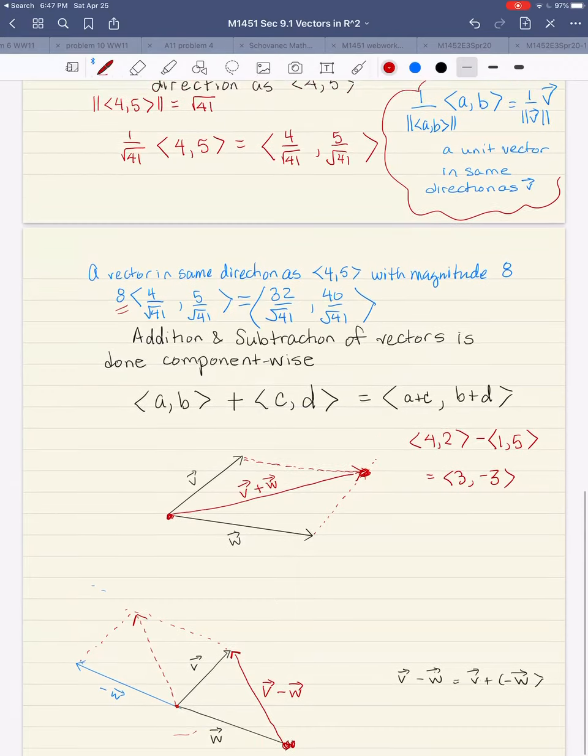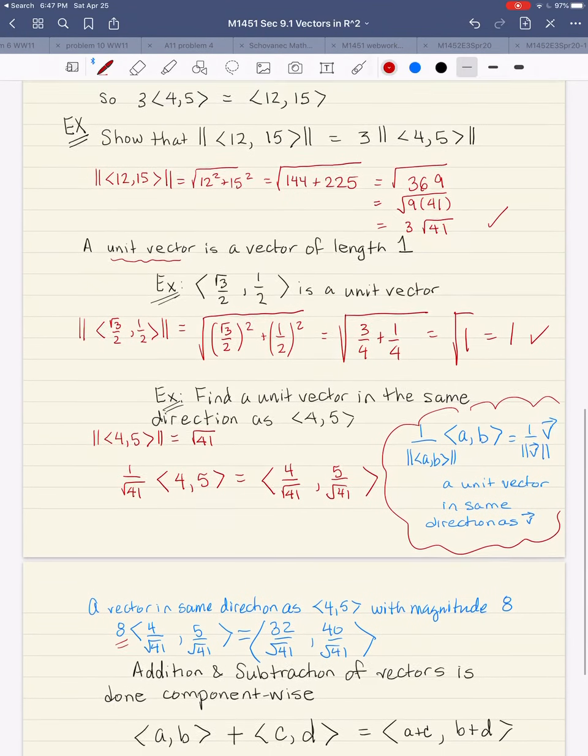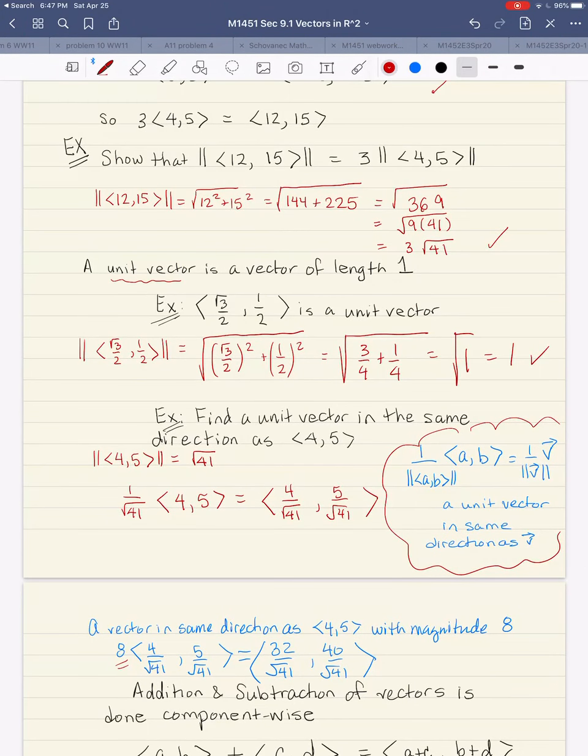We'll do the same thing in 3 dimensions. We still have scalar multiplication. We have a 3-dimensional version of magnitude where we just put a third component squared under the radical sign. So everything is going to be kind of easy here in Chapter 9, but relatively important because most of Calculus 3